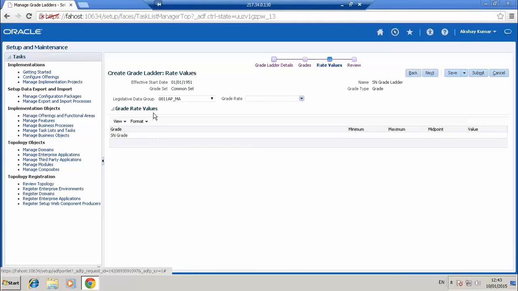So you have to come back here. Only here, that is in grade ladder, you will be able to give the value for the grade steps. The value you can give only here, whereas for grades you can give it in manage grade rates.